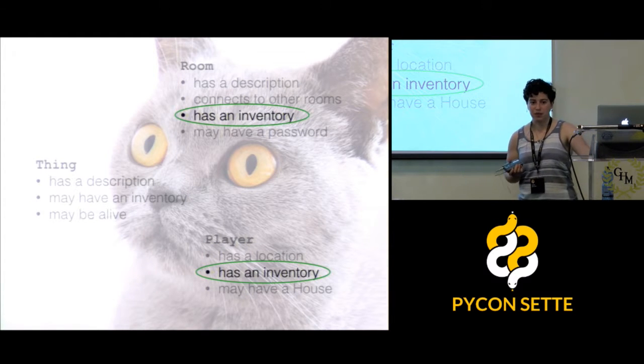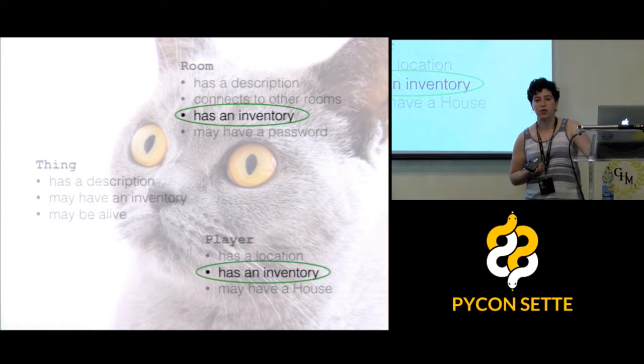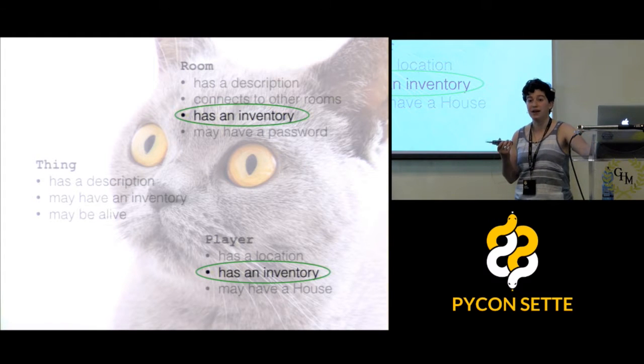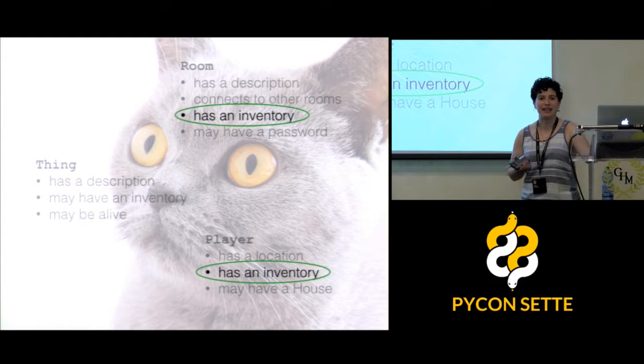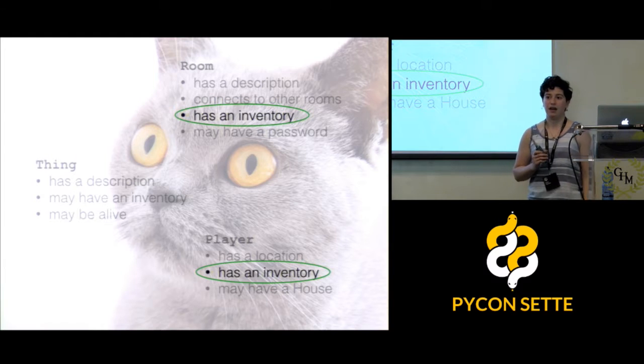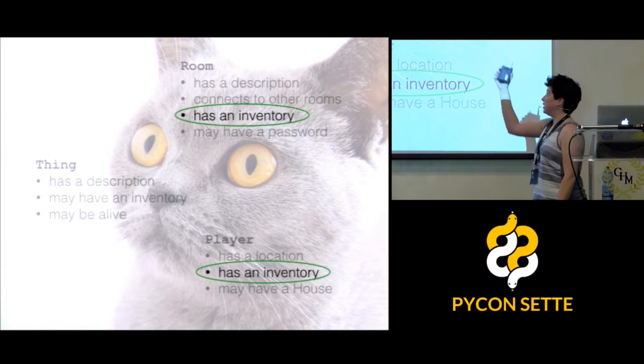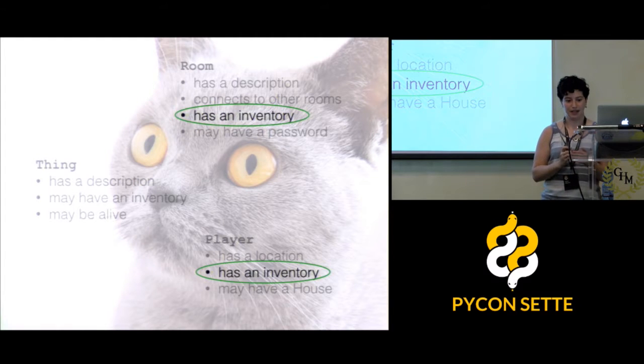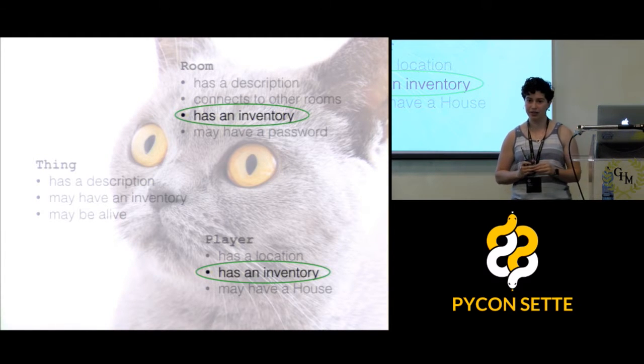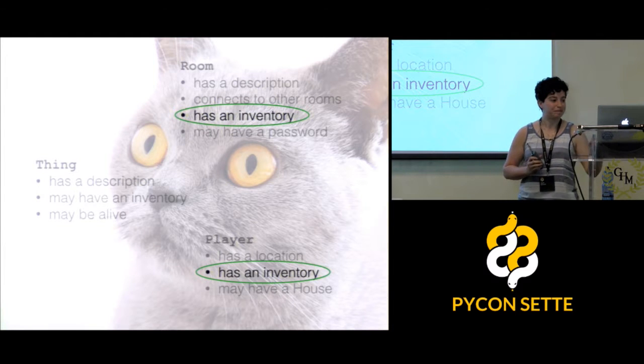And so I relieved some of that bloat in the original game by using inheritance to share common behaviors across some of the core types. So both rooms and players will always have an inventory. So I had them inherit from a parent class that handled the inventory behavior. And so, all right, that helps a bit. But for that to really be useful, you have to make a parent class for every single behavior. And there's so much variation, even in just rooms, that trying to formulate an inheritance tree is not possible.